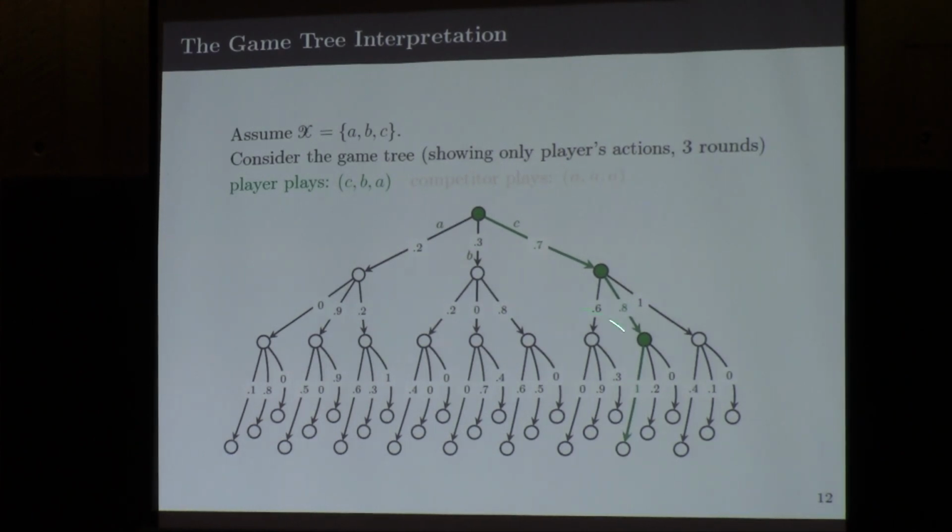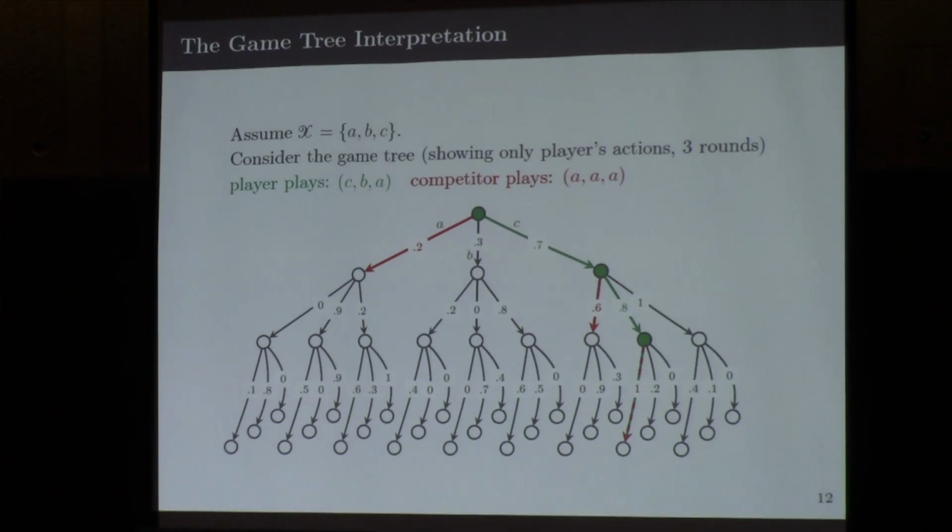And these are the losses that it observes. These losses were already pre-decided by the adversary. Right? And we compare it with the constant pull of an arm, let's say A, A, A. The competing strategy starts again at the root node, ends up at this node, observes this reward, but then we transport it back to the player's state. And it pulls A again, and we transport back into the player's state and look at the reward incurred for the next pull of arm A. Right? So this makes no sense, right?